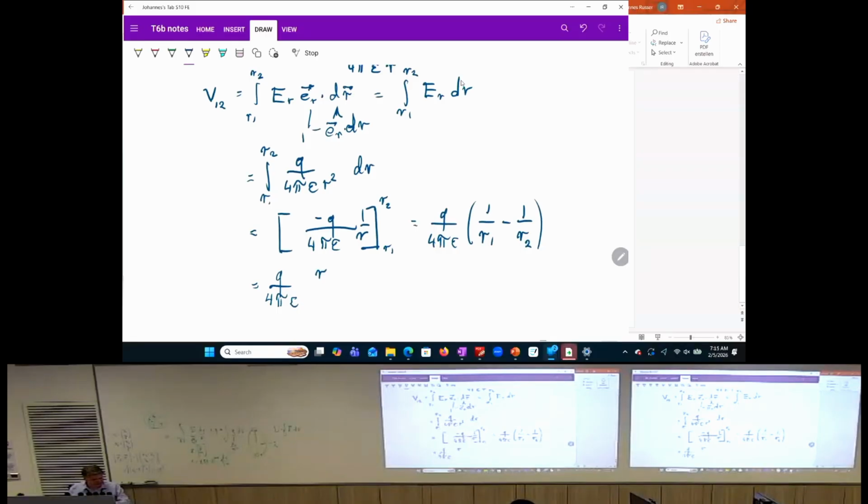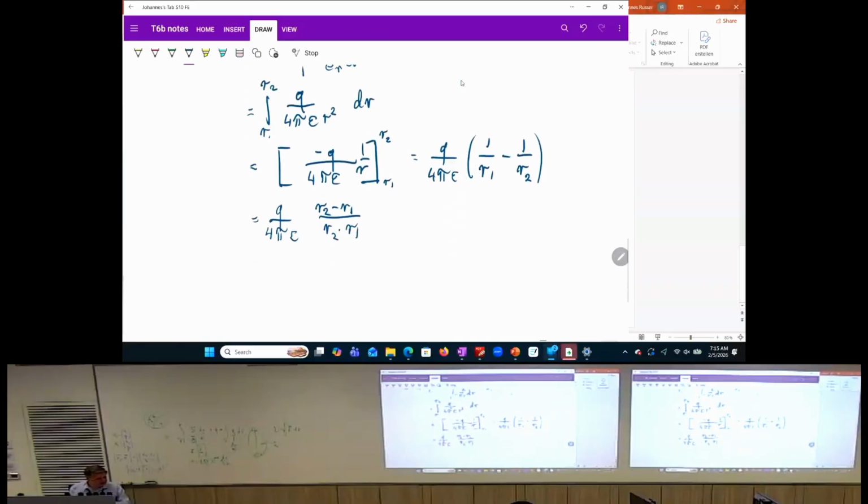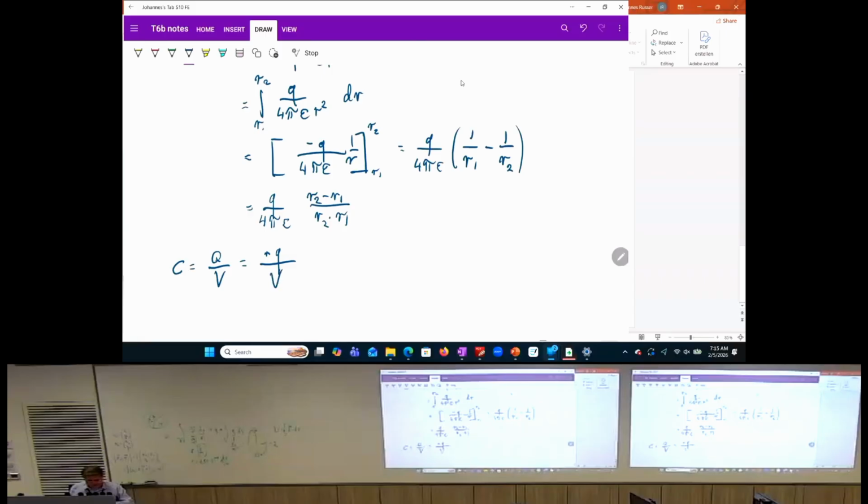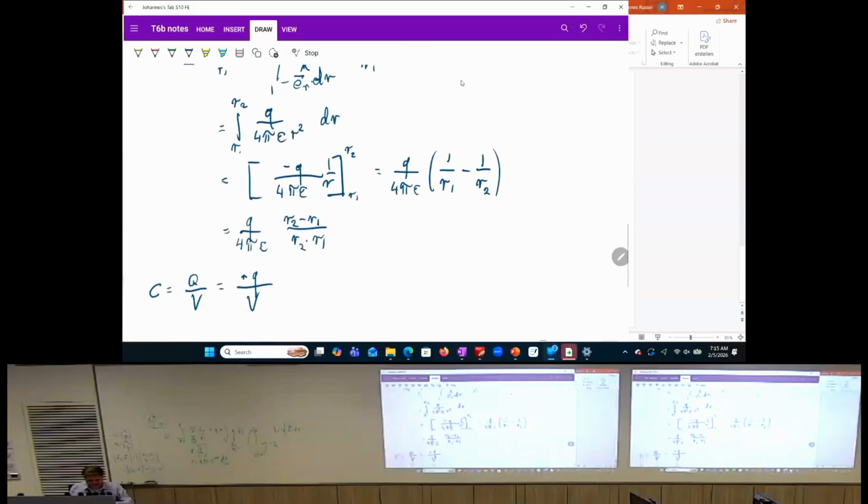Let's bring that all onto one line here. Then that would be R2 minus R1, and here R2 times R1. So that is your voltage. And now we can right away tell what the capacitance of this spherical capacitor is. It is Q divided by the voltage, that is, this plus Q divided by this voltage between 1 and 2 that we computed here,